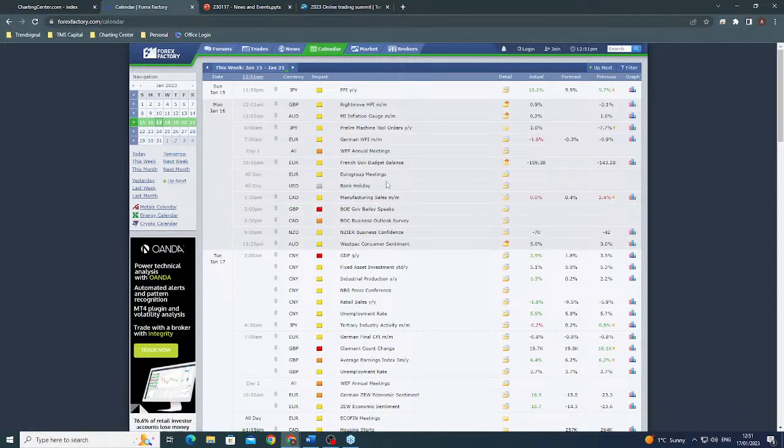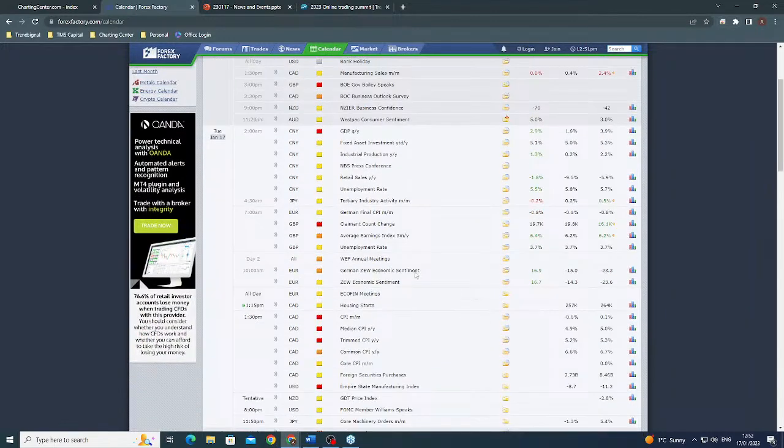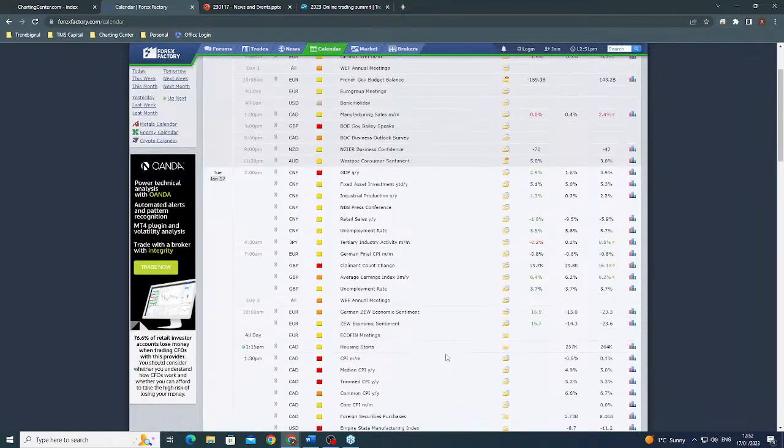On that calendar, I can see basically all the economic data events that are coming out for that particular week. So we've got yesterday, we've got today, the 17th of January, and so on. If I zoom in, there are loads of different events coming out. A lot of this stuff isn't so important, okay? Some economic data items are going to be more important than others. So what are the most important items?